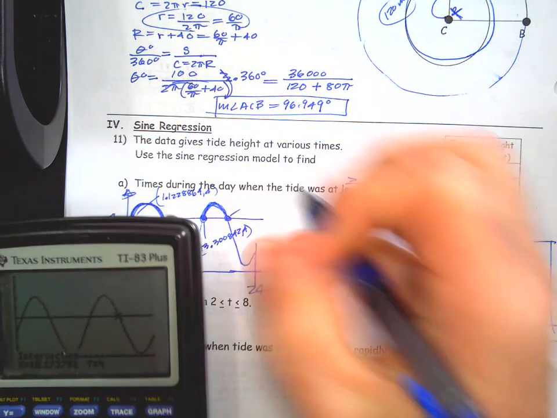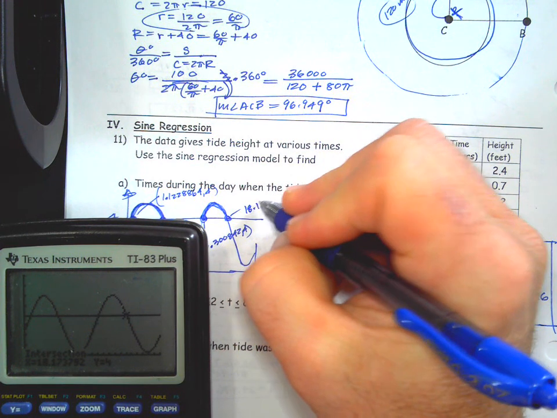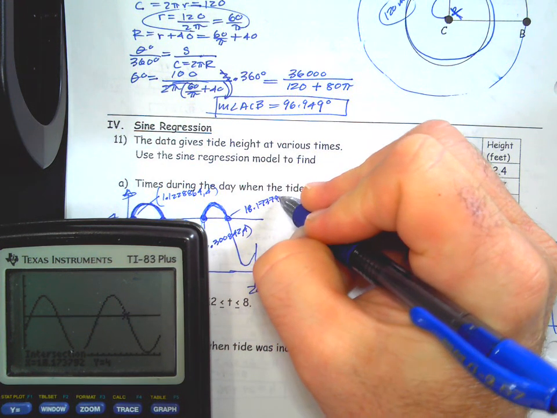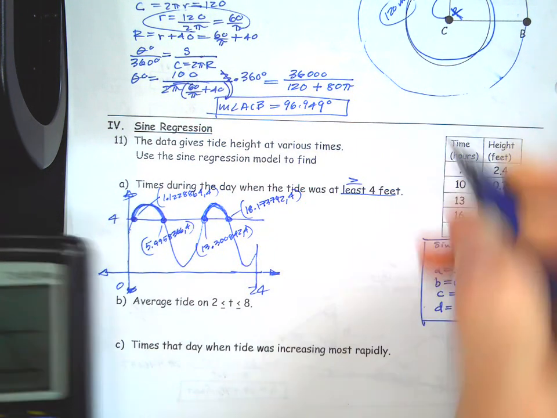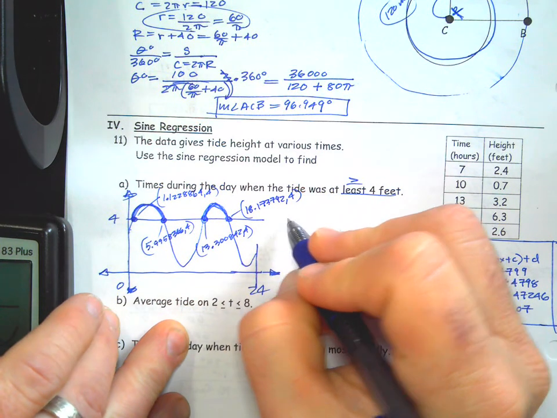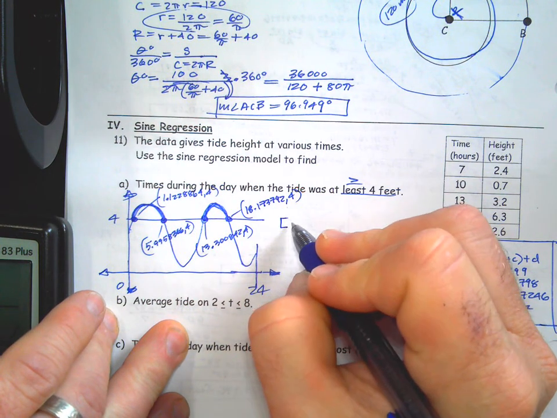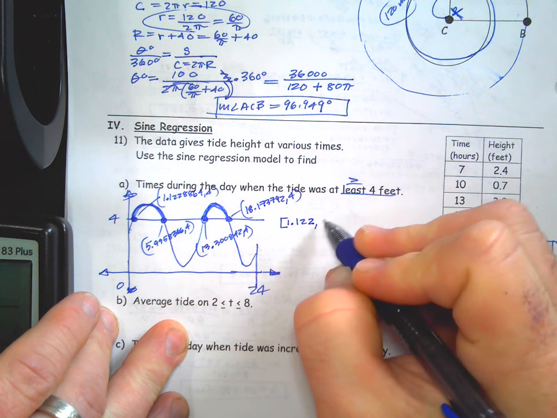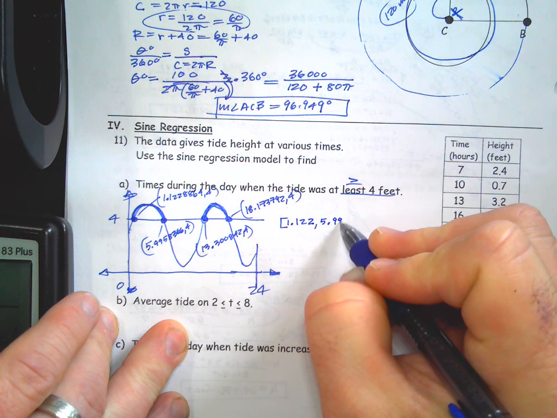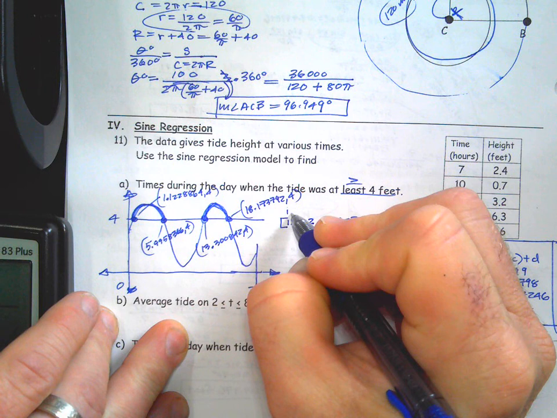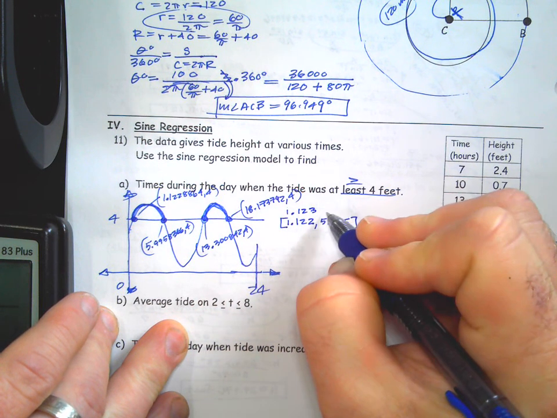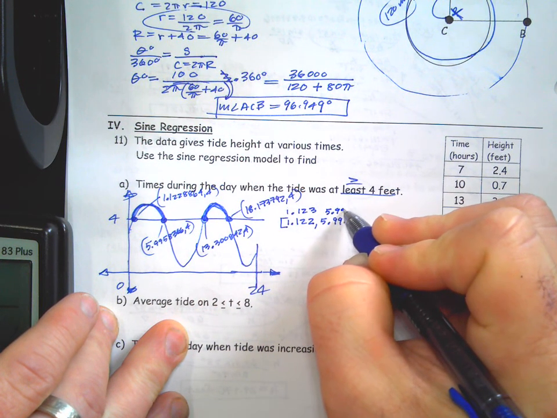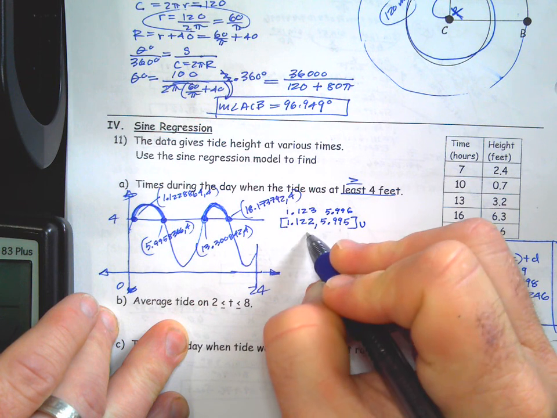And that is 18.173792, comma 4. Okay, so the answer is, in interval notation, of course, bracket 1.122, comma 5.995. Now, if you rounded, it would be 1.123 and 5.996, union bracket